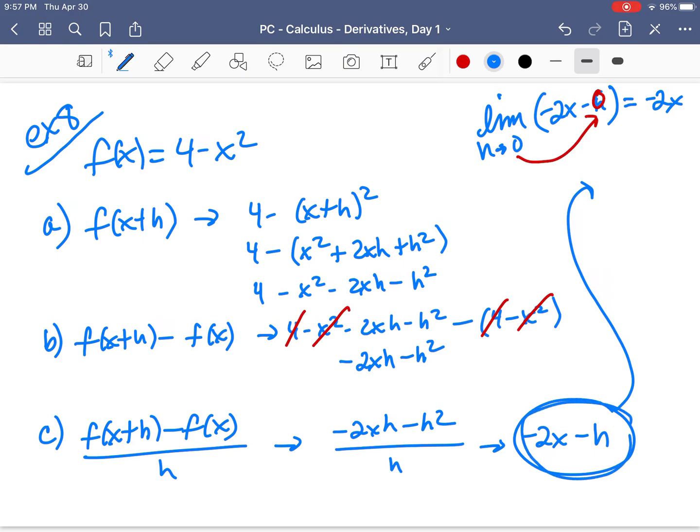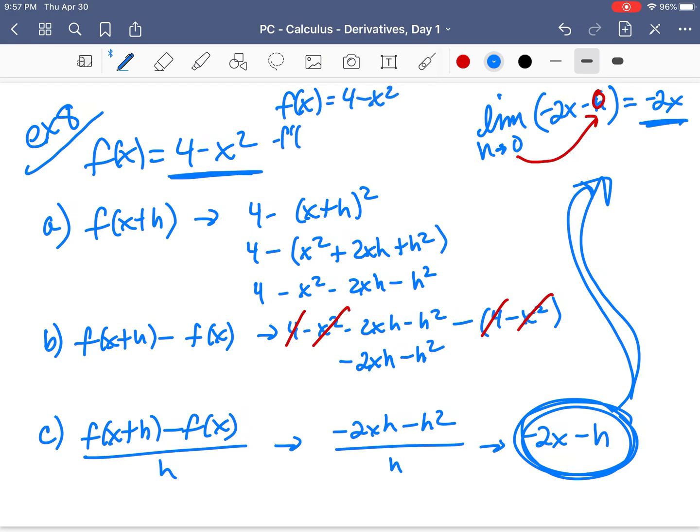Now your answer in math space is going to be this right here, because you don't know this other part yet. But later, I'm going to ask you to come up with this answer right here, and that, my friends, is the derivative of this function. So f of x is 4 minus x squared. The derivative of f of x, f prime of x, is negative 2x, which is some fact that you're going to practice more later. And that is it for